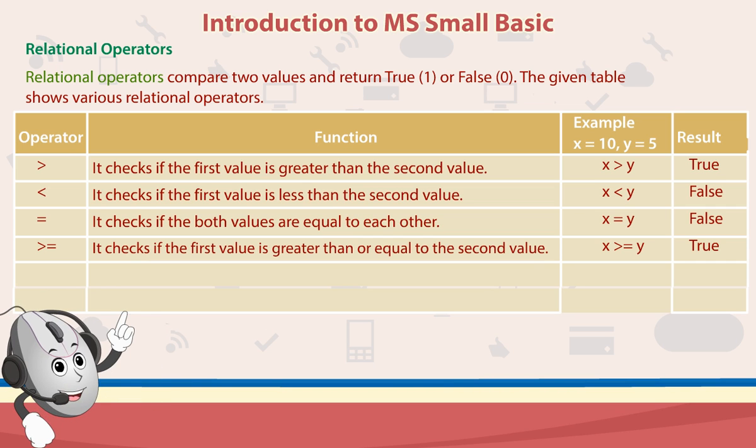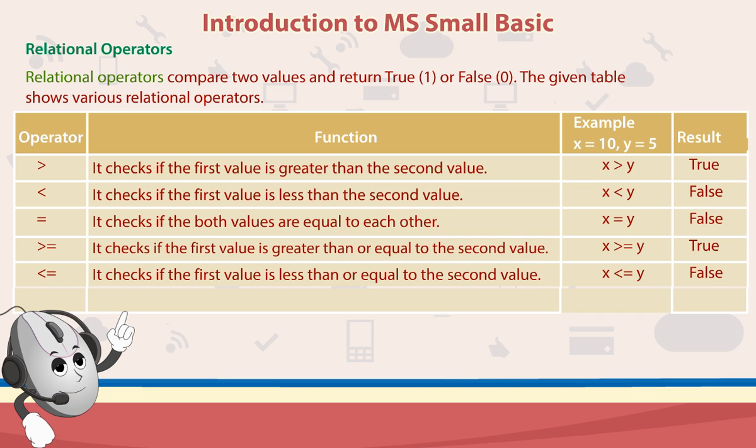It checks if the first value is greater than or equal to the second value. x is greater than or equal to y: true. Less than or equal to: it checks if the first value is less than or equal to the second value. x is less than or equal to y: false. Non-equality: it checks the non-equality of two values. x is not equal to y: